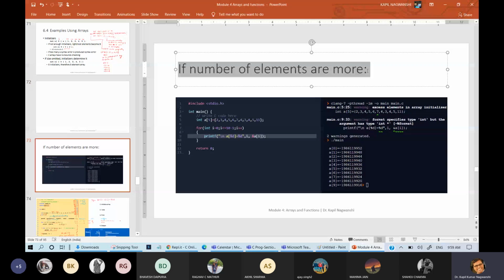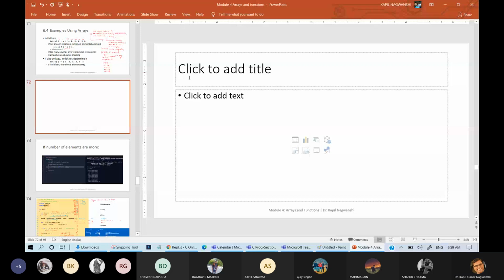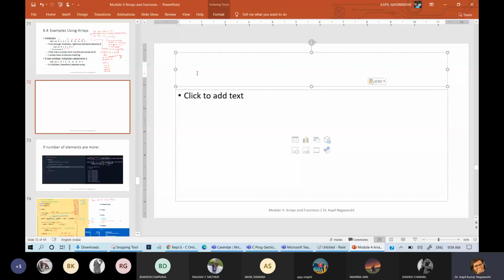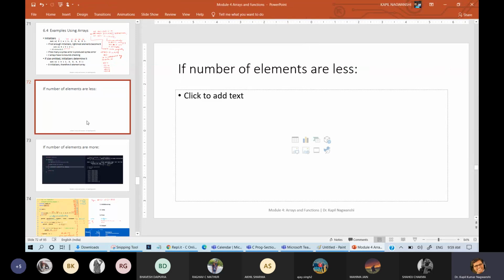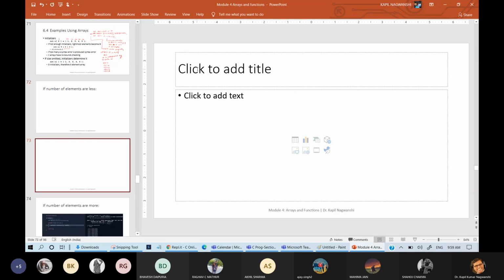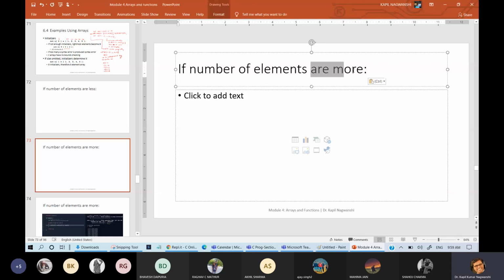If number of elements are less, and if number of elements equals 1. What is being talked about here? The initializer. Okay.